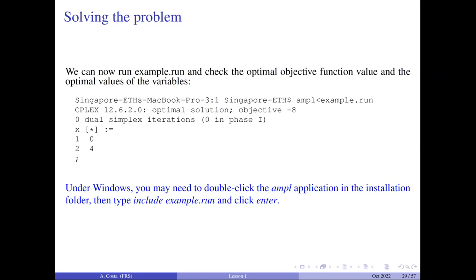But for the purpose of this course, and in general, when you want to focus on the model rather than the solution, I think Ample is very good because, especially for those without any previous experience in optimization, you can really focus on the modeling without all the other things that come with, for example, Python or C++, even worse, where you have to deal with many other things on top of this.